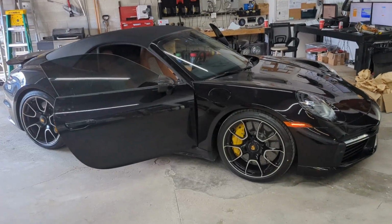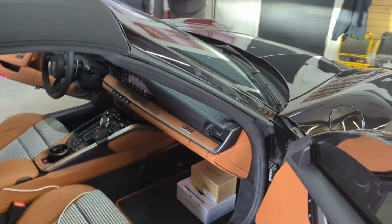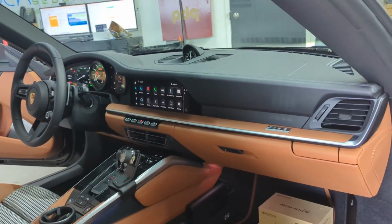We really love it and are very, very lucky to have been given the chance to install this product in the vehicle. If you or someone you know is interested in adding a dash camera to your Porsche or to any vehicle, feel free to give us a call,